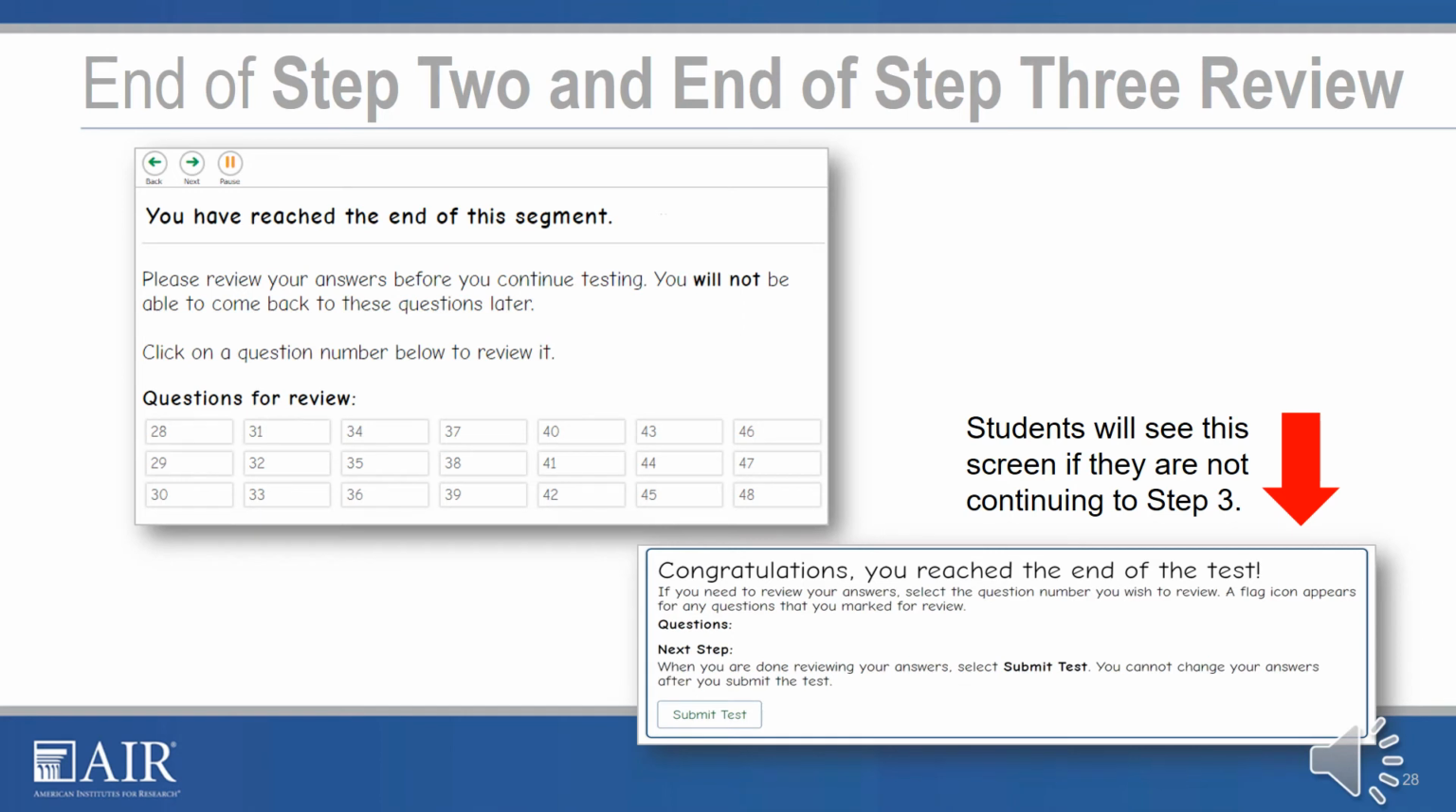At the end of Step 2, after the student has been given the opportunity to review his or her responses to the machine-scored items, the testing system will determine if the student goes on to Step 3. The test automatically ends at Step 2 if the student will not be continuing. This is determined by the number of points the student obtained in Step 2. Students who aren't continuing will see a "Congratulations, you've reached the end of the test" screen, and the testing session